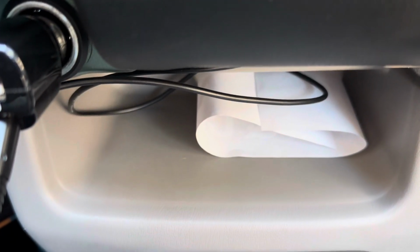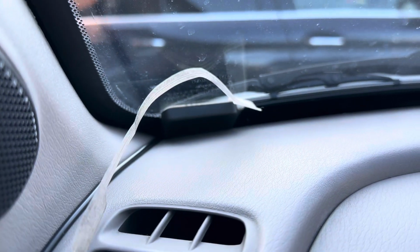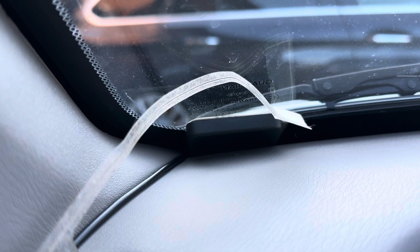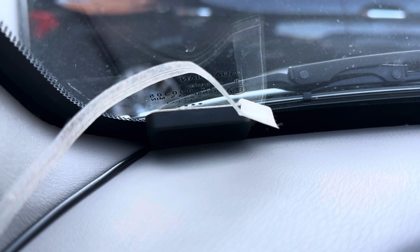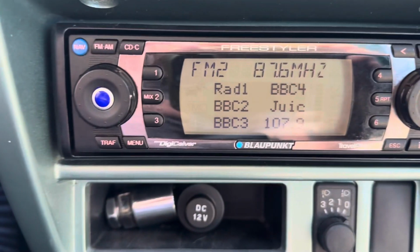The aerial I've looped under the ashtray, as you can see there. That goes all the way under the glove box and up to the aerial here. This bit I need to secure properly. There's a little copper bit on the aerial which needs to make contact with the bodywork because it acts as an earth for the aerial, and that I've managed to just pop down there to a bit on the actual windscreen itself where there is a metal bracket of some description,